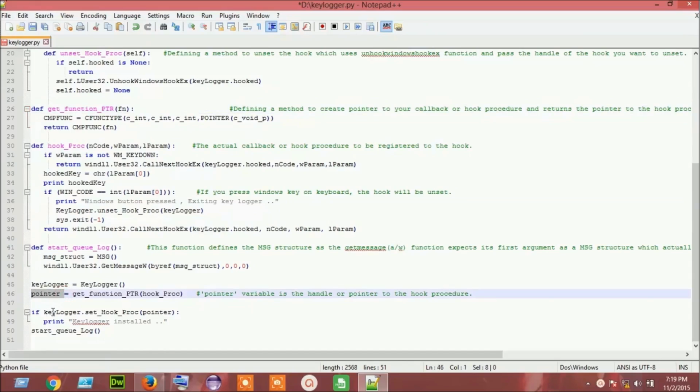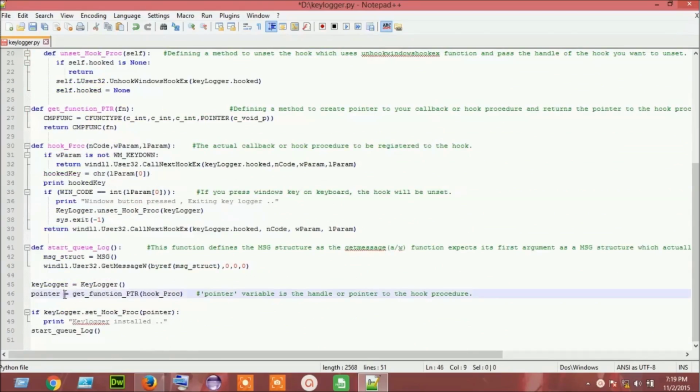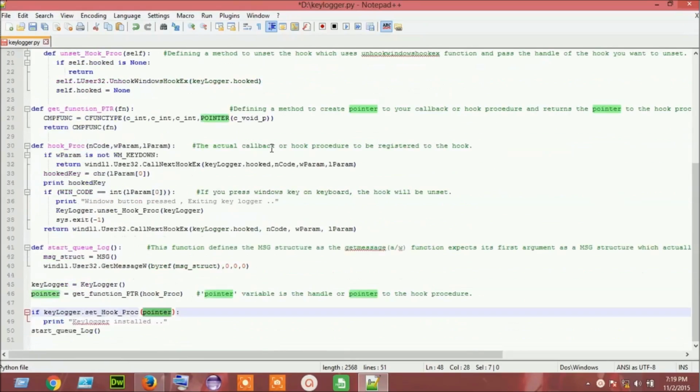Now I'm going to check if the keylogger object, calling the set hook procedure method, and I'm passing it the pointer to the hook procedure that we have implemented, and it will just go and set the hook,